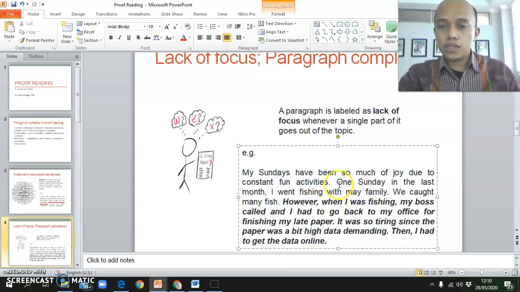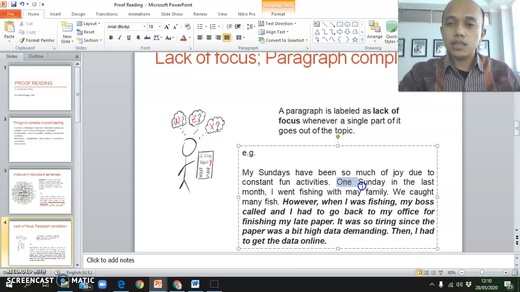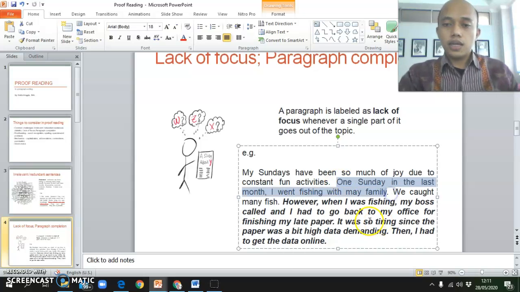If you have a look at the second sentence, one Sunday last month, I went fishing with my family. Right. Let's stop at this sentence first. Fishing with family indicates a fun activity, which has already been told in the first sentence, the topic sentence. But